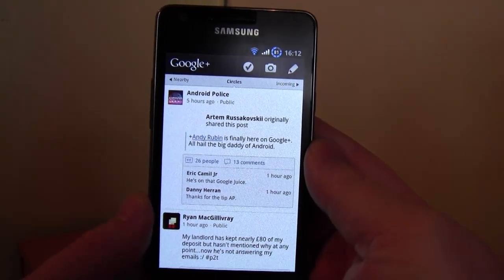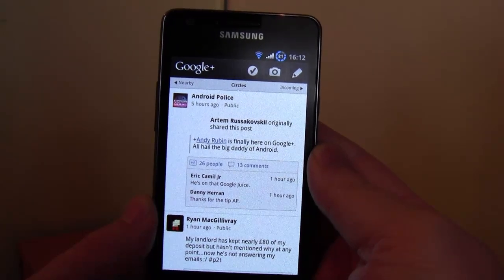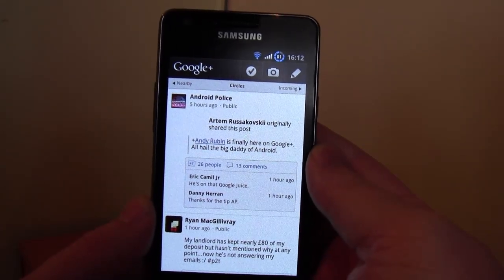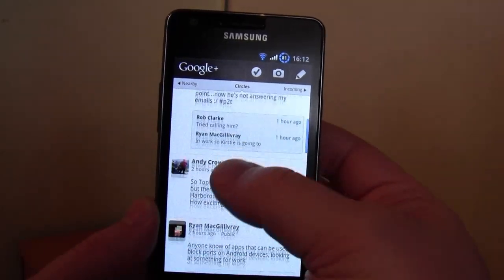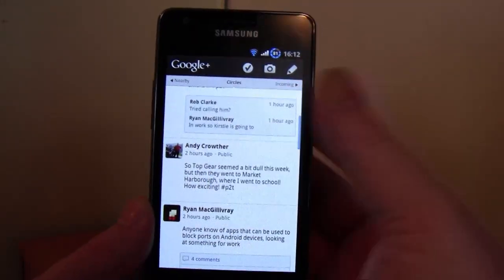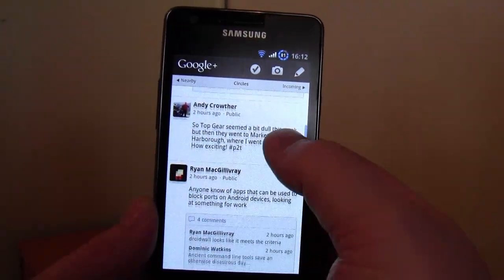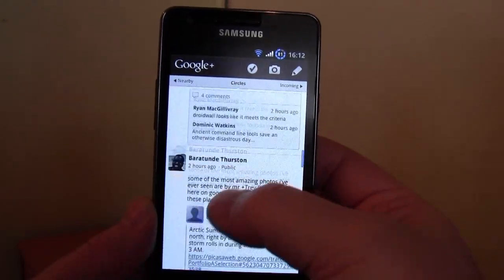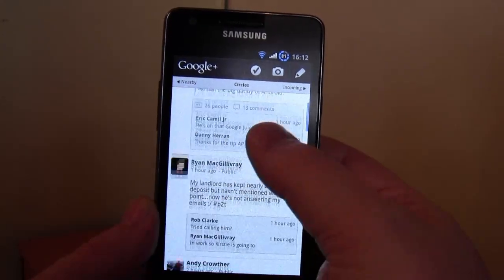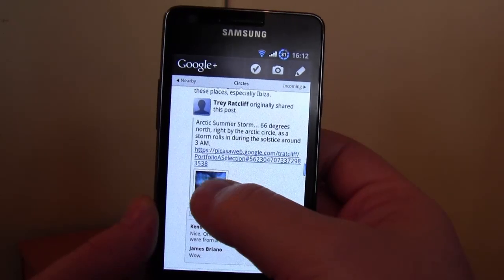So it's kind of a mix between Twitter and Facebook. You can follow pretty much anyone you want, and you can discuss posts they make underneath, kind of Facebook style. So you follow like Twitter, but you discuss like Facebook, which I think is kind of the best of both worlds, really. Again, it's still very neat, very clean. If there's any pictures,